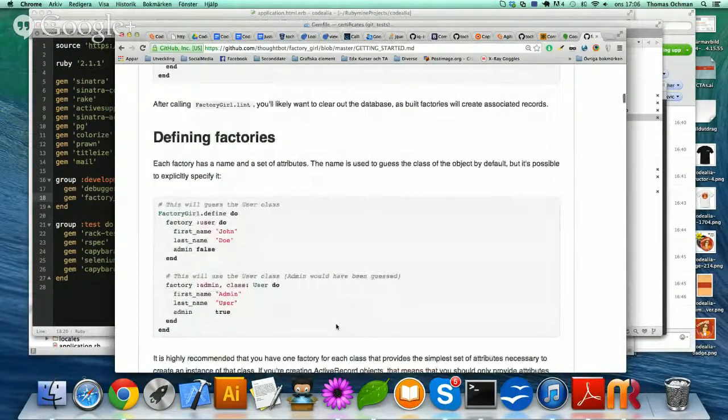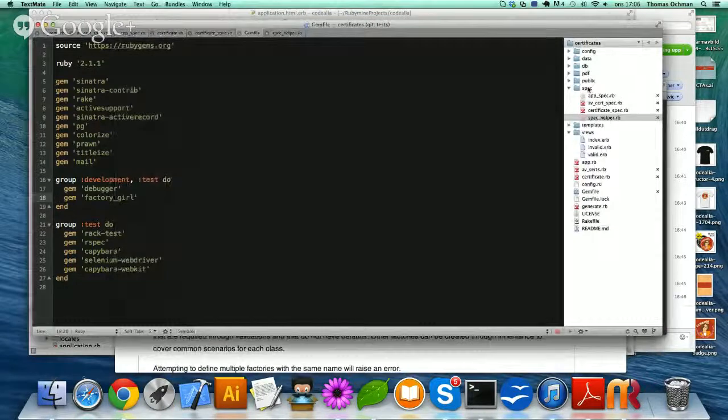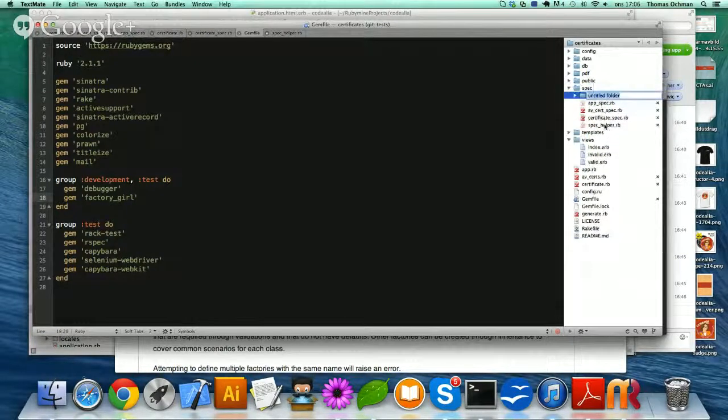And defining factories. So we need to create a folder called factories, right? Yeah, in the spec. So let's see. We just need one factory, one certificate. Nothing more than that.